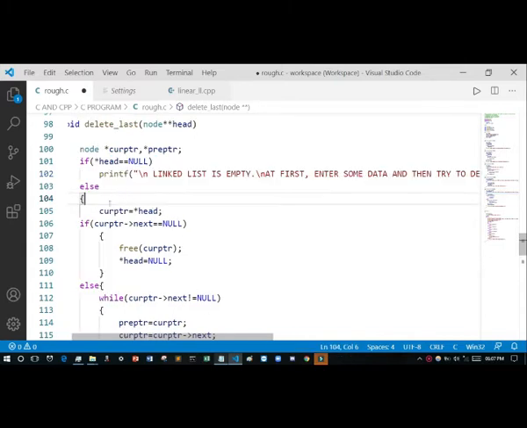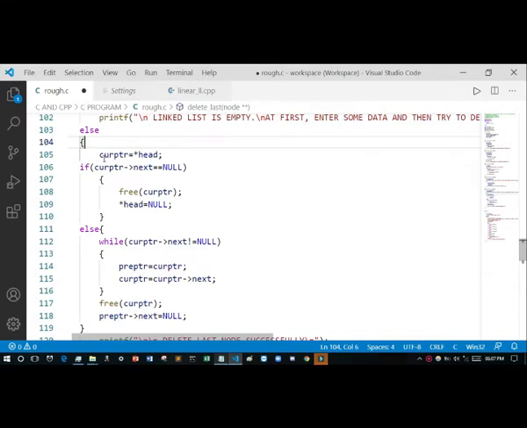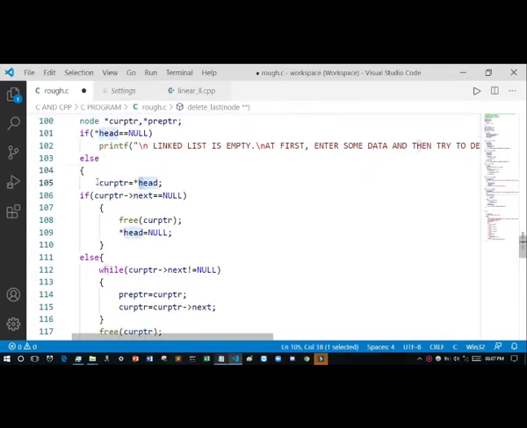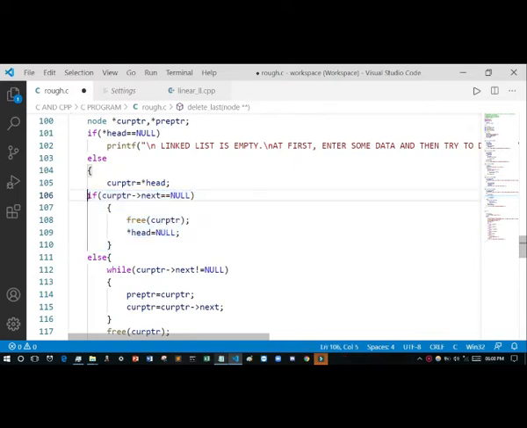Now if your node is present, then what happened? I have already discussed this line. It means it will locate the first node. I have stored the first node's address, and then if current pointer next equals to null, it means there is only one node present in your linked list, then it will free your node.